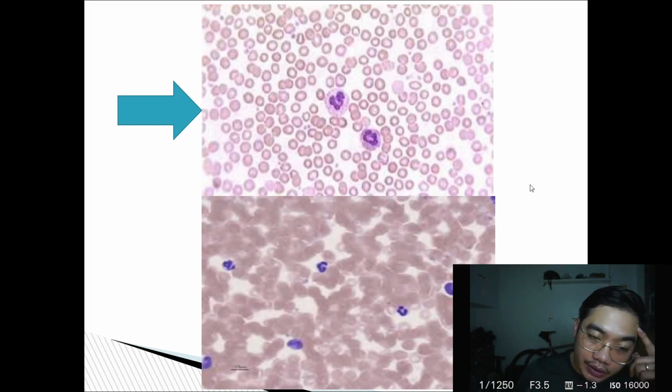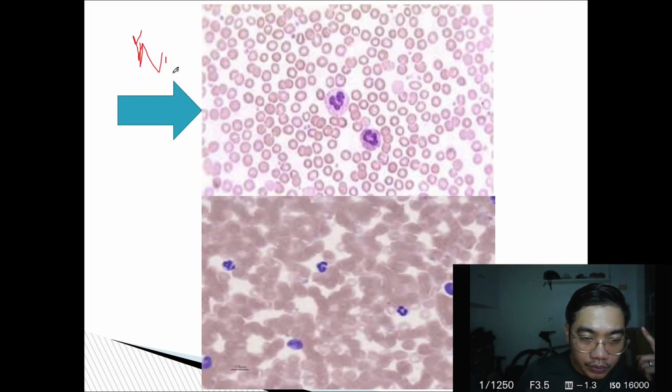First, we need to check the area where there is no overlap. You can clearly see the distinct cellular outline of each and every red blood cell. There is enough space. Of course, there's gonna be some occasional touching, but it's minimal. So, as we all remember, our red cell